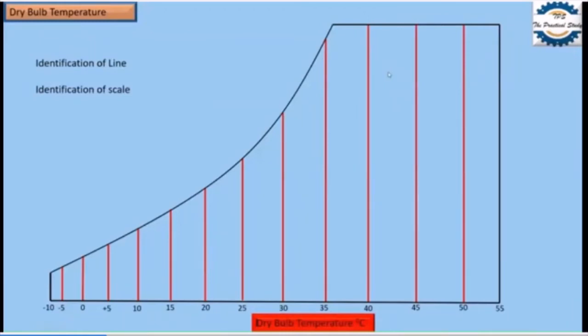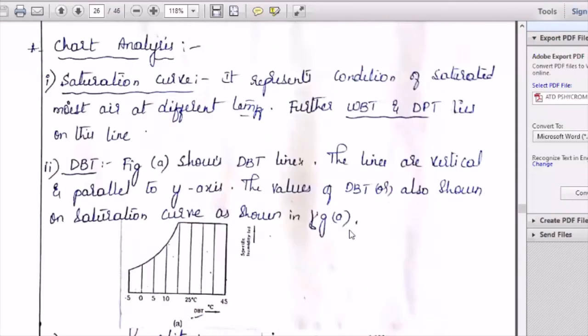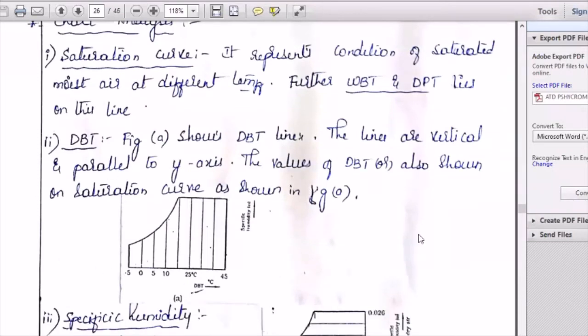Now I will showcase the notes, where it is visible how we have written the dry bulb temperature. Check it out. Now I will explain the chart analysis one by one. In the chart analysis, I have explained dry bulb temperature separately. You can observe that this is how dry bulb temperature has been written. Please write down in your notes or in the book how this dry bulb temperature looks. So exactly this is how the dry bulb temperature lines are identified in the chart. That is what I have shown in the video. You can observe in the video, these are the dry bulb temperature lines.